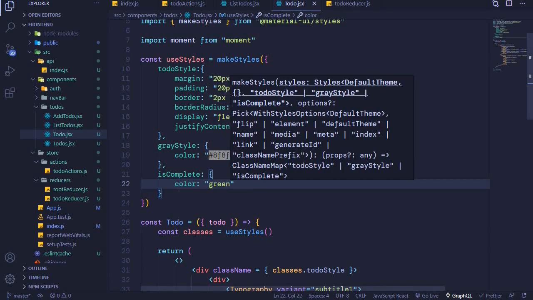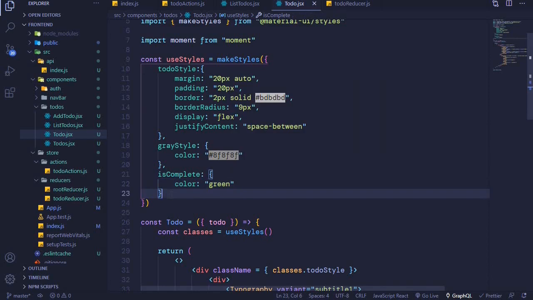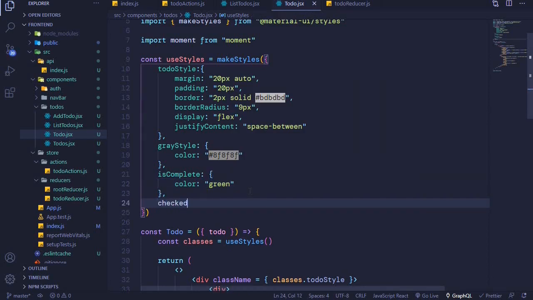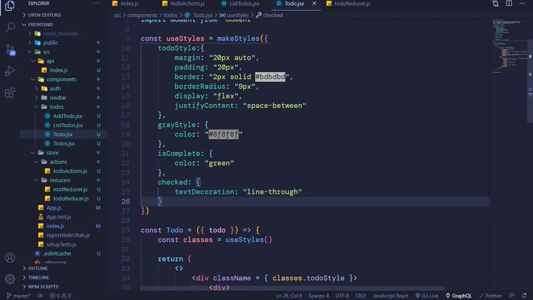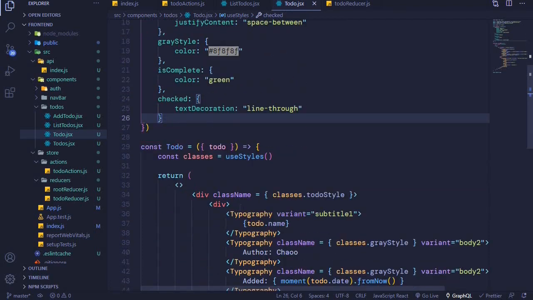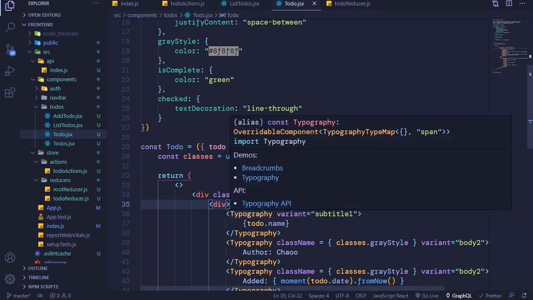And then I can include a comma, and I'll include checked. So if it is a to-do is checked, we can change the text decoration, and I'll include this style, line-through. Okay, now to make use of this, we can come right here and check whether a to-do is complete or